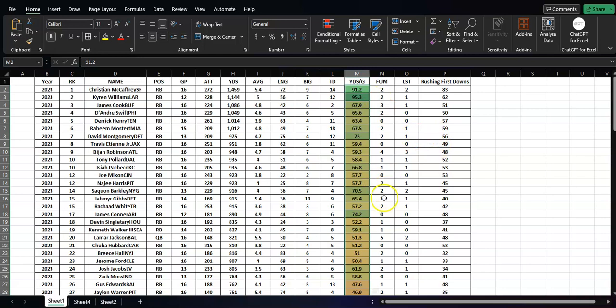So you can see, looks like Connors, Lambert, and Montgomery are number two for yards per game in 2023, first